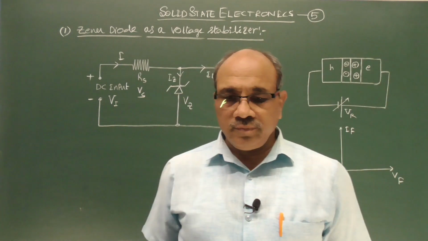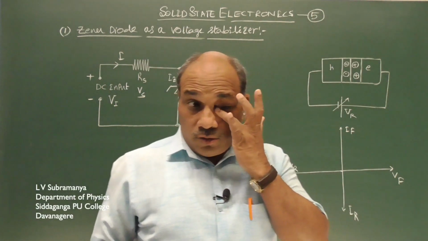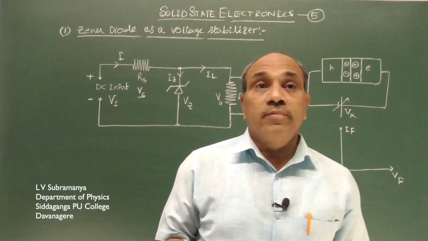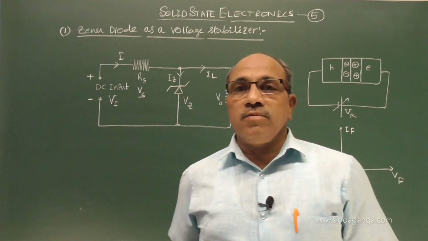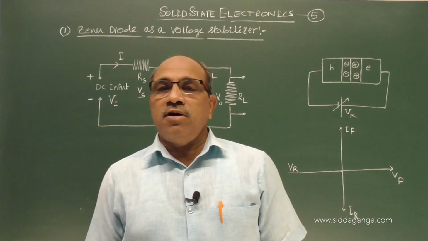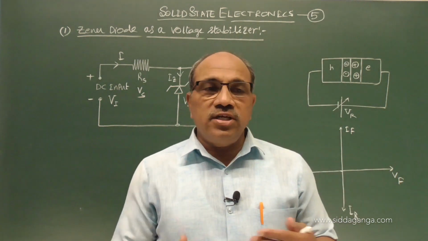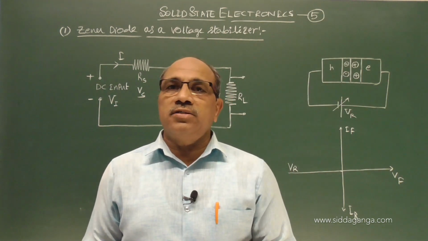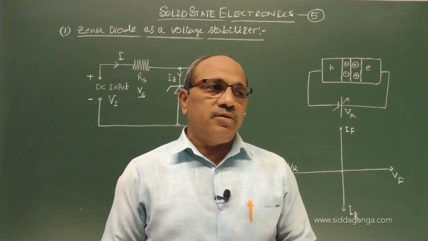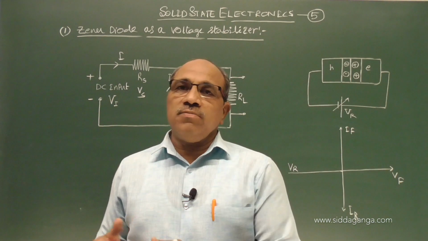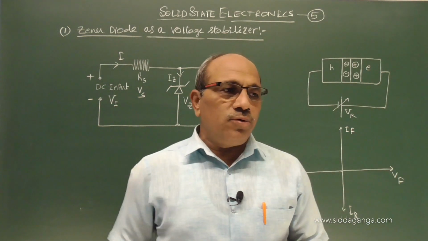Hi students, in the previous video we discussed two devices, particularly rectifiers, half wave and full wave rectifiers, where we learnt how to convert AC into DC, half wave or full wave. Even when we get the pulsating output, pulsating DC, variable DC, that may be made smooth by passing the output of the rectifier through the filter, RC filter, and a stable voltage can be obtained. That is one application of the diode we have learnt.